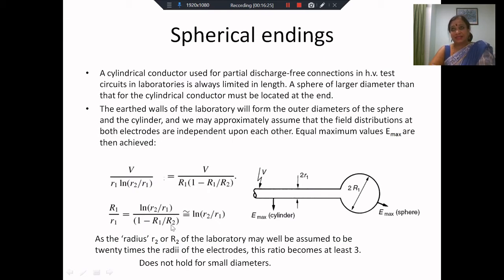Now, when you are considering the walls of the laboratory, there is no question about the fact that R2 is much larger than R1, and therefore this ratio R1 by R2 will be much smaller than unity. So you can neglect that. So therefore, capital R1 by small r1 would be approximately equal to the logarithm of small r2 by r1, which means